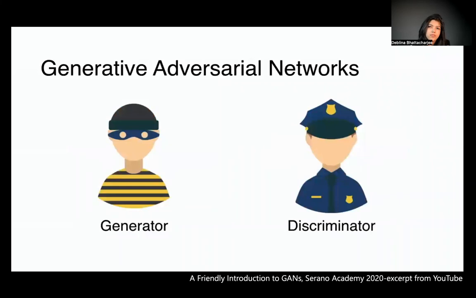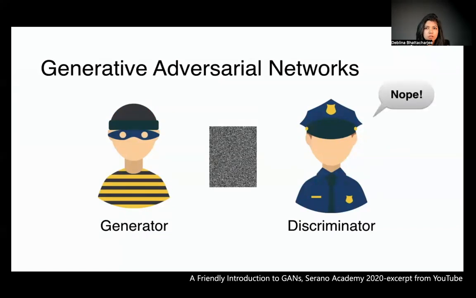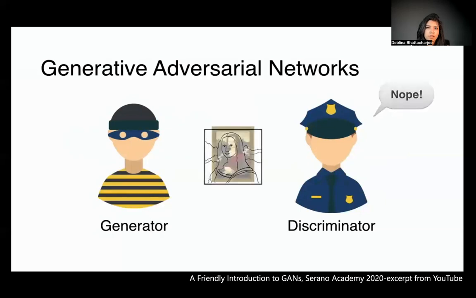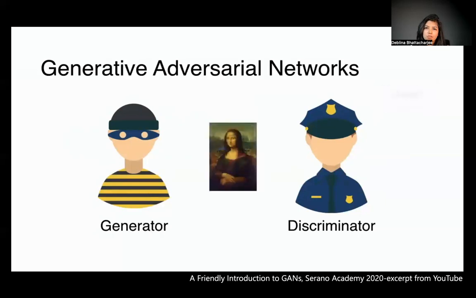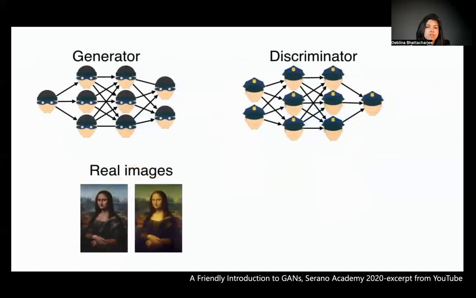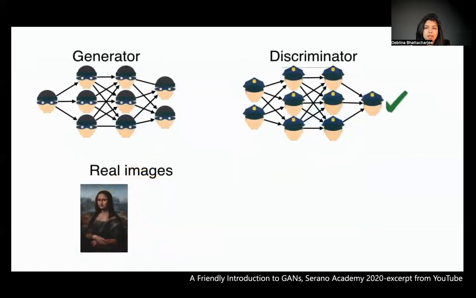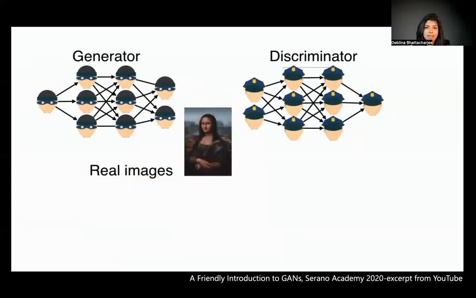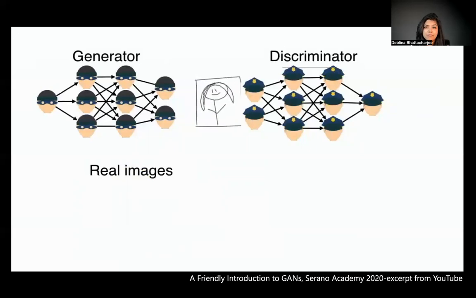GANs consist of a pair of neural networks that fight with each other. One is called a generator and the other one is called a discriminator, and they behave a lot like a thief and a cop. The thief is constantly trying to make fake paintings, and the cop is constantly trying to catch the thief. Note, for our work, the thief would rather make fake real-world photographs. The thief is a generator and the cop is a discriminator. So as he gets caught by the cop, the thief keeps improving and improving his photographs, making them more realistic, until one day he perfects this art and finally creates a perfect photograph that completely fools the cop.